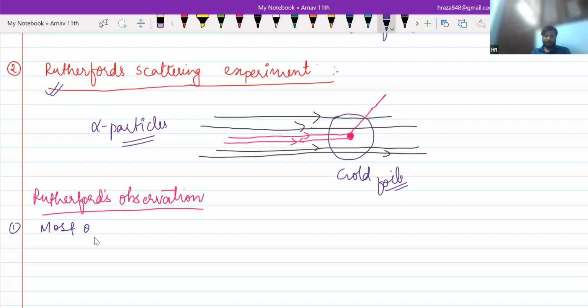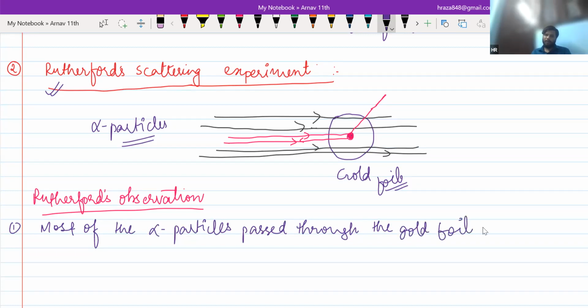Most of the alpha particles, you can write with me, most of the alpha particles passed through the gold foil undeflected, without deflection. Second observation is that we can write a small fraction of alpha particles were deflected by